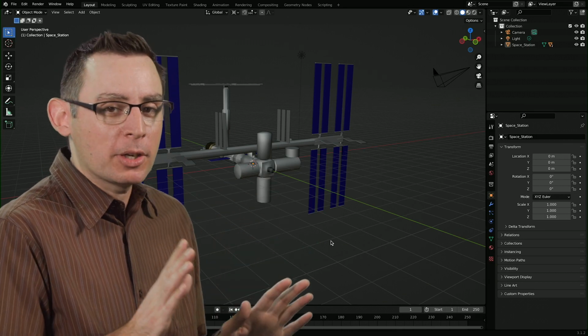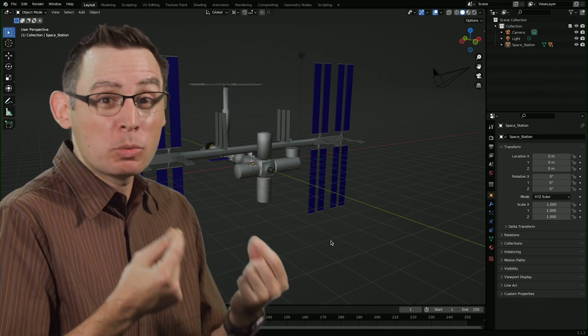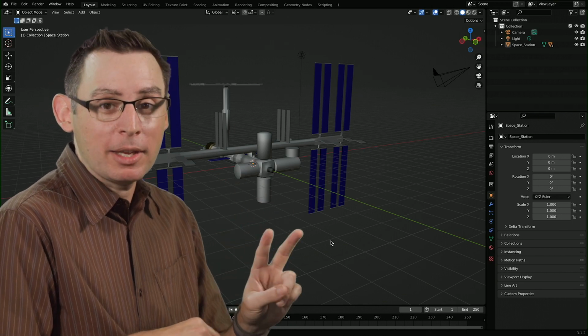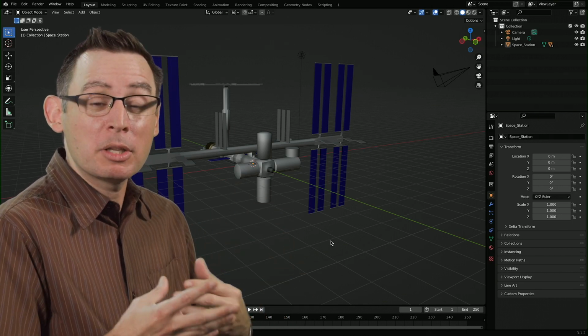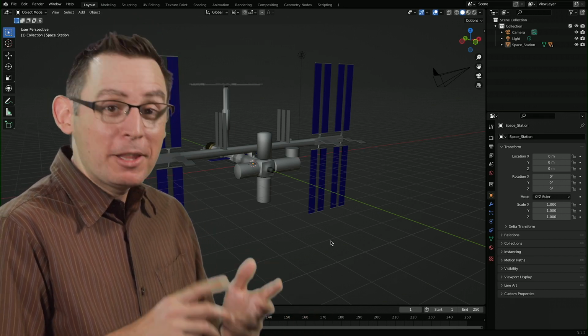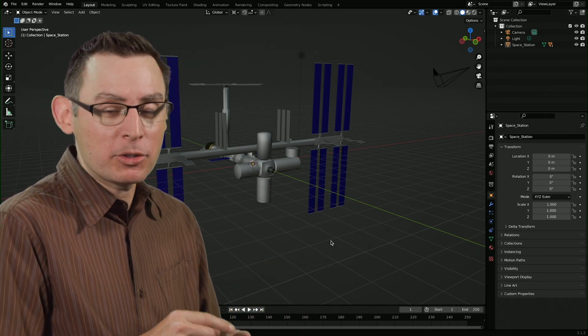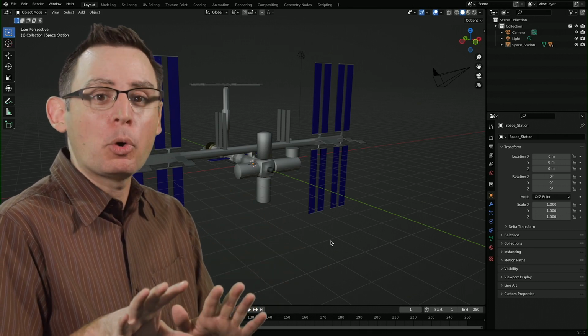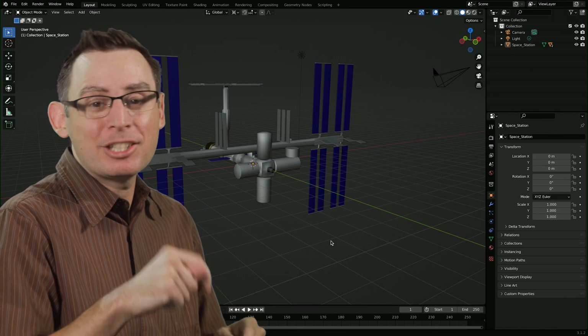Now, before we get started, I want to point out some hardware requirements for working inside of Blender. You're really going to need two things specifically to work with Blender and to make it the most fun experience, if you will. First and foremost, you're going to need a 3-button mouse. A traditional 3-button mouse is super important, as many of the viewport navigation controls are linked to that third button.